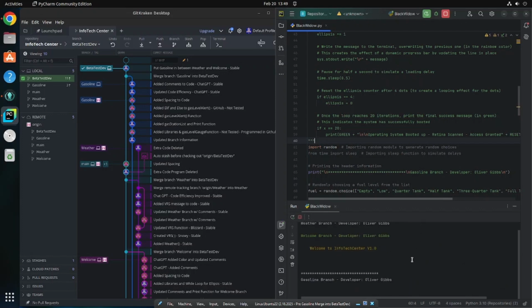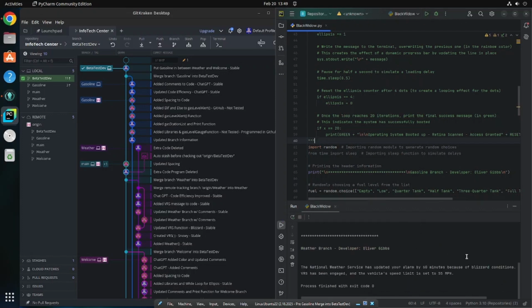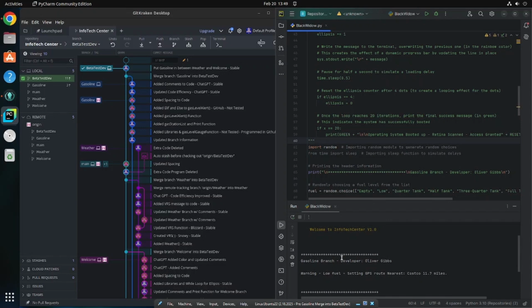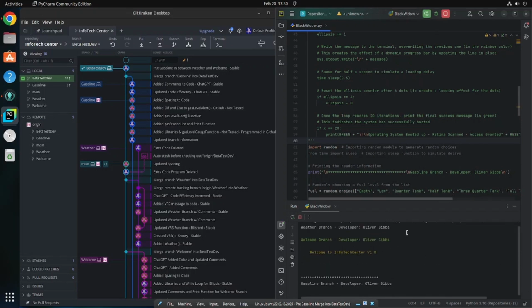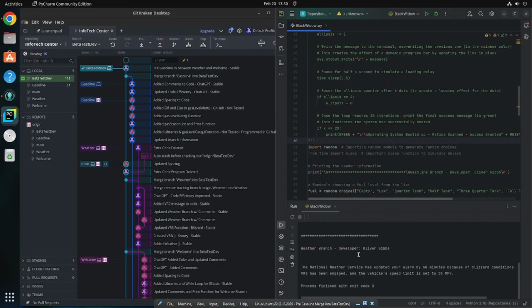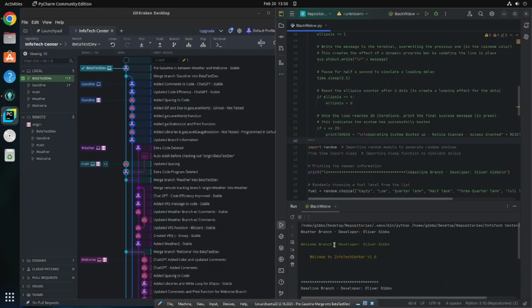Let's test a couple. Let's just do 2 more maybe. 60 minutes, then low fuel, 55 miles an hour. Yep. And one more. The National Weather Service, 60 minutes, 55 miles per hour, 3/4 tank. Everything works there. So now, what you want to make sure that you do though, before you leave, is